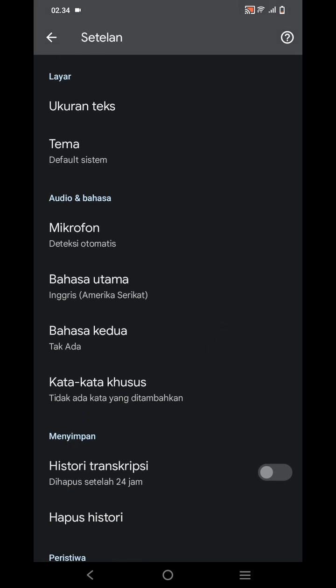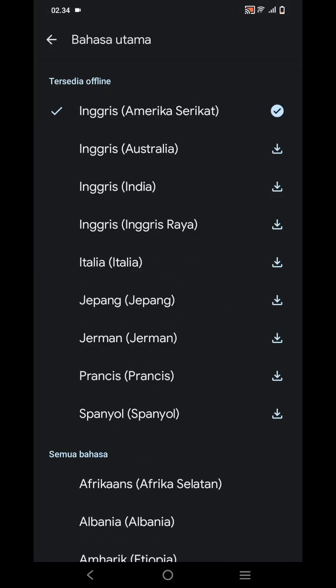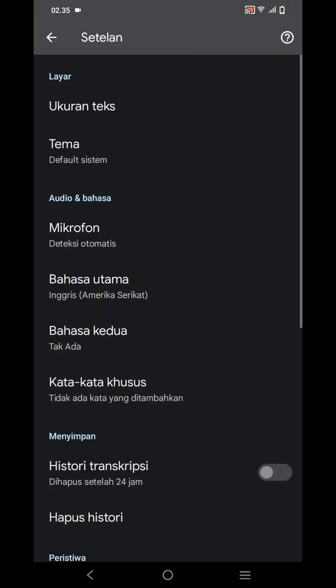According to your convenience. After that, you can click on the main language atau bahasa utama, so that the audio that you will transcribe matches the language that you have set in this main language. And here, my audio uses accent atau accent Amerika Serikat. So I will choose the main language English with a US accent,